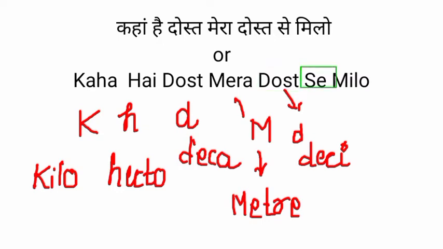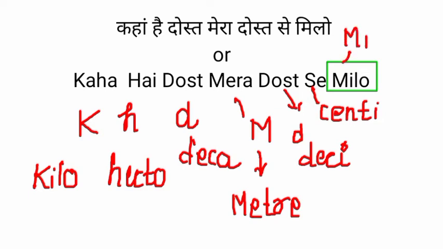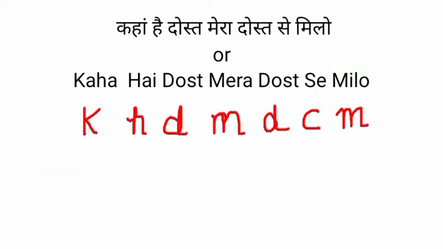Now the next, say. The sound of say is also similar to the centi. So this is centi, C. Last is milo, which is similar to the milli. So this will represent milli and we will write it as M. Now mid value, this M is changeable. In case of length, we will use M here, that means meter. In case of weight, we will use G here, that means gram. In case of capacity, which are in the form of liquid, we will use L here, that means liter.